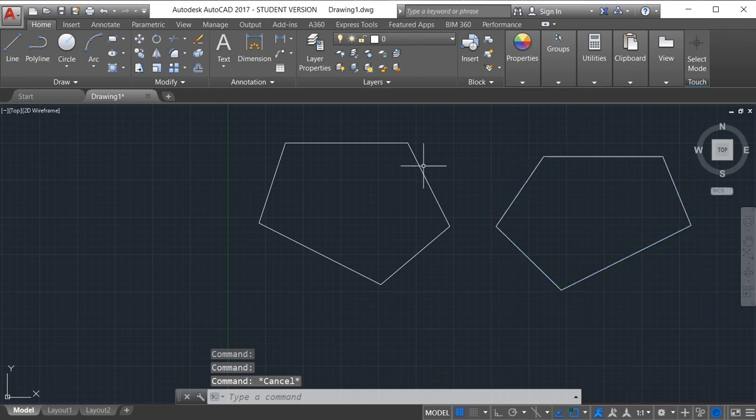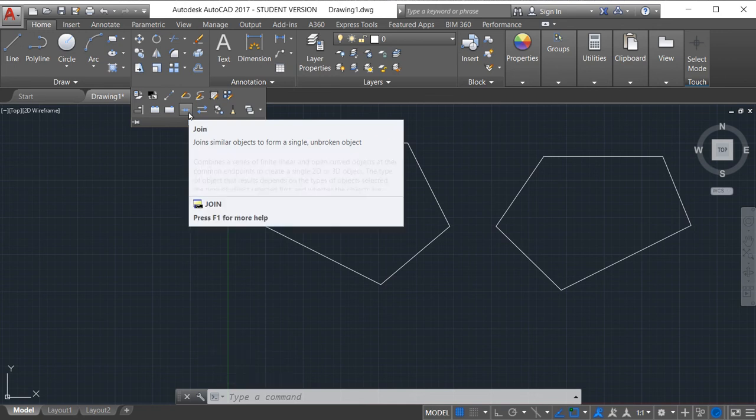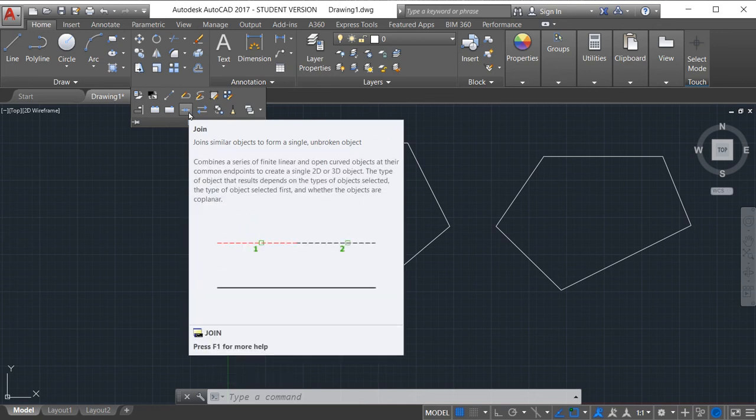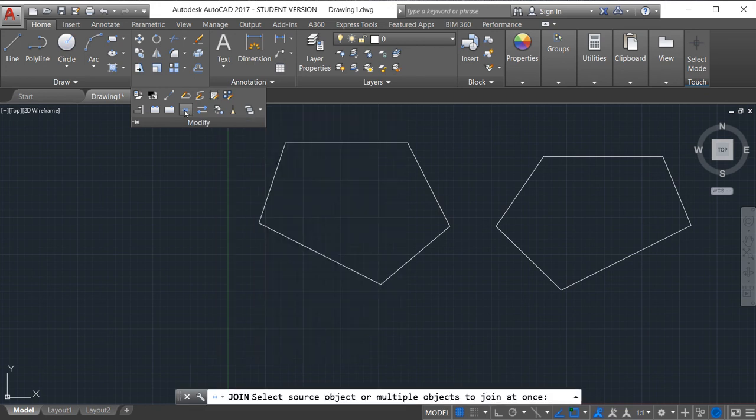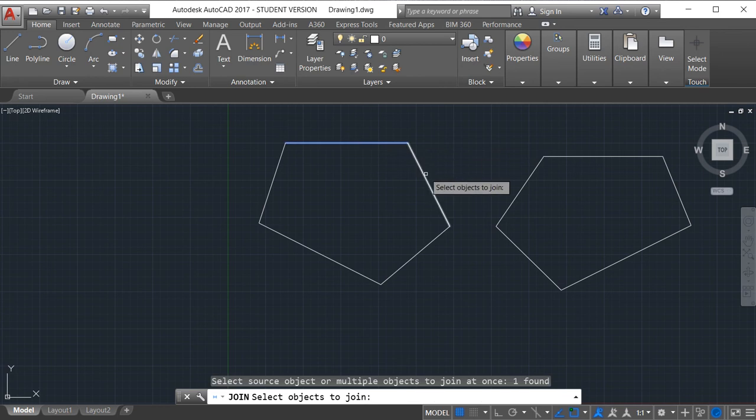And now we can convert these separate lines into polyline by using this join command. So join command joins similar objects in the form of a single unbreakable object. This is the use of join command. So click on join command. Now we have to select all the lines separately.